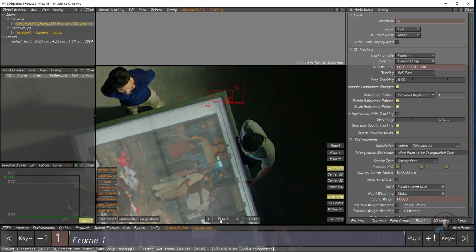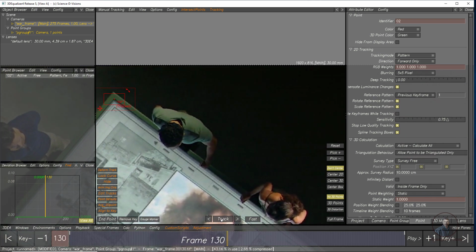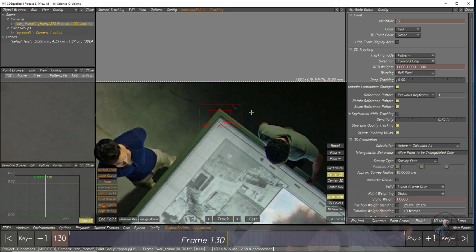Now click on track. Now see, just stop here. Here you will see while you are tracking, your point is going outside of your display area. If you want to keep it in the center, then on the left side click on Center 2D. Now this will keep this tracking point in the center while you track your footage.